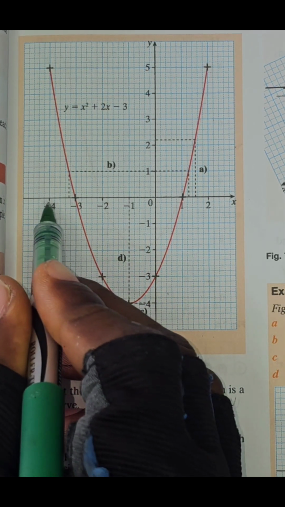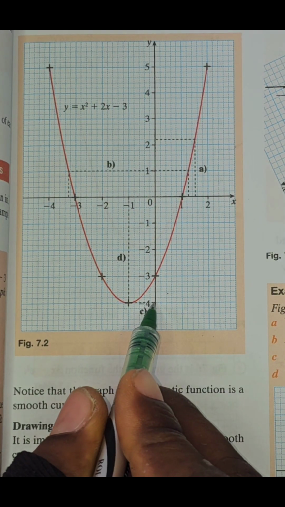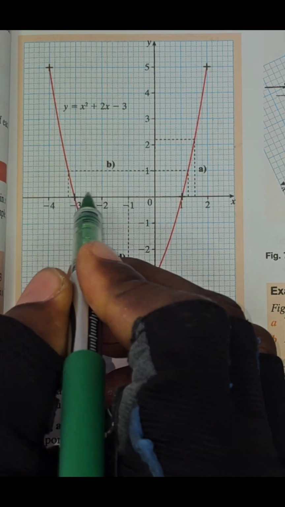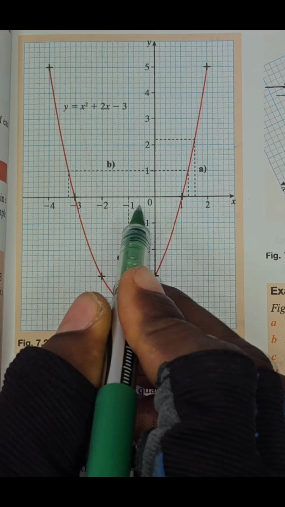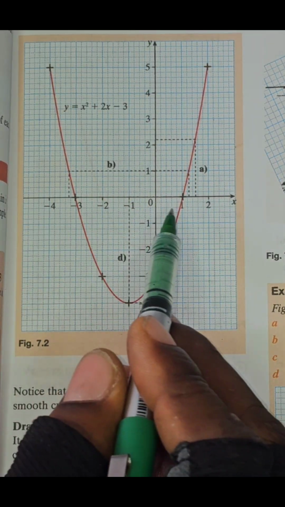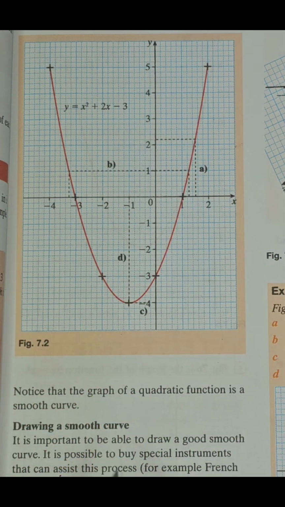So let's trace. This is minus 4. So where will 5 be? That will be on the positive side, sorry. When x is minus 4, y is 5. So this is 5. This is minus 4. Mind you, they've already given out this letter. And you see the way that this thing moves towards this side, because the negative sign has more values. For y it is almost equal, because here is 5 and here is